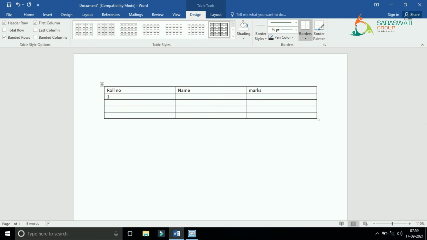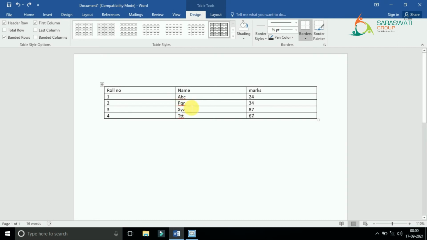Now I want to go to the next cell, so I will press tab. I'm giving any name and any mark, right. So right now you can see that I'm entering the data, writing certain things in the table. It is very easy. Right, so you can see that I have entered the data.